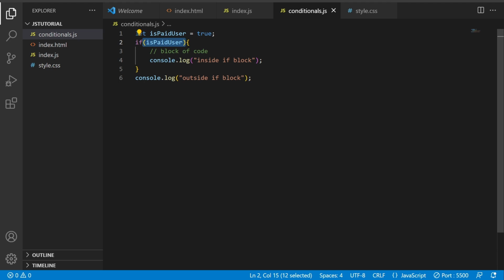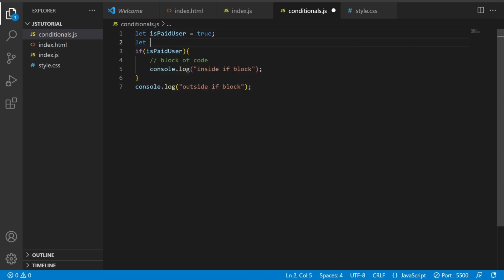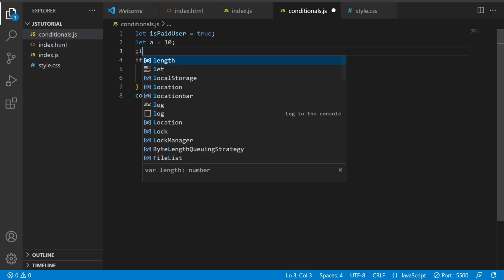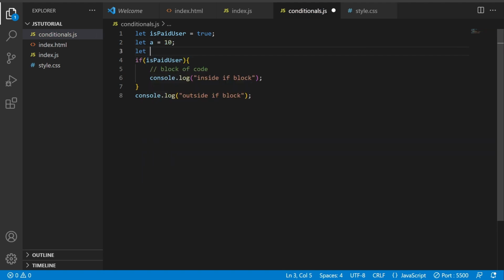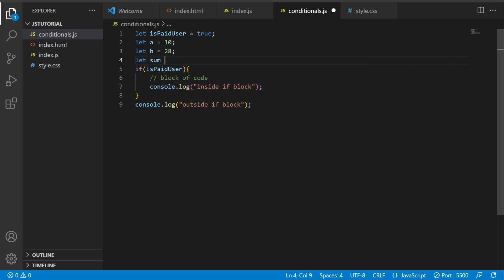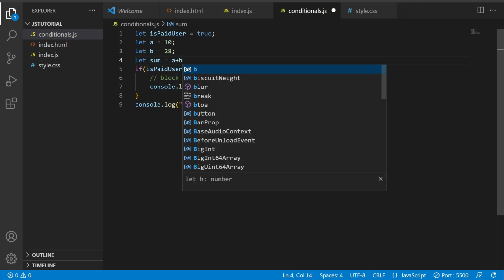Okay, let's go with the number example. Now I am just using one single variable. Let me use a equal to 10, let b equal to 28. So let sum equal to a plus b.